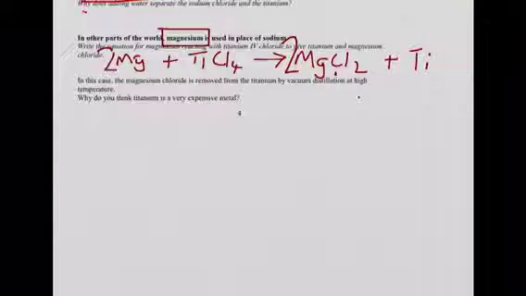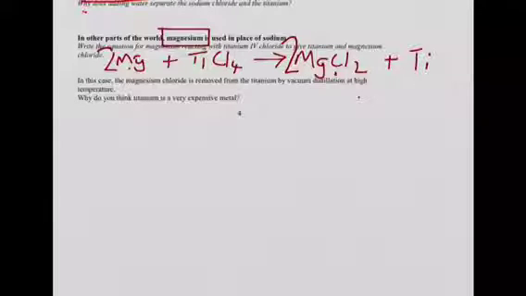Now, in other parts of the world, they use magnesium to reduce the titanium chloride. Now, the reason this works is magnesium is higher up the reactivity series than titanium, so again it can steal away the chlorine, so it becomes magnesium chloride and titanium. As you can see from the equation that I've written there, the magnesium is plus 2, so therefore I get MgCl2. That means we only need 2 magnesiums to steal away the 4 chlorines, and then that leaves the titanium